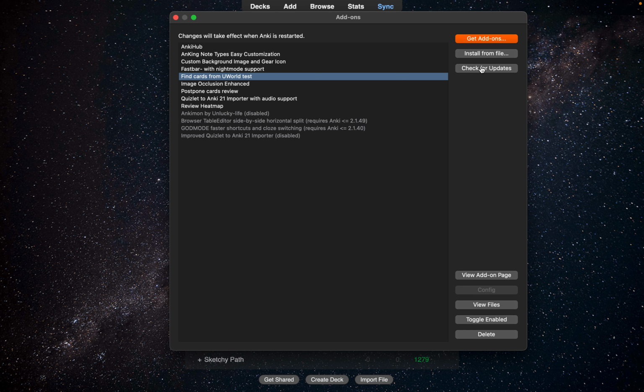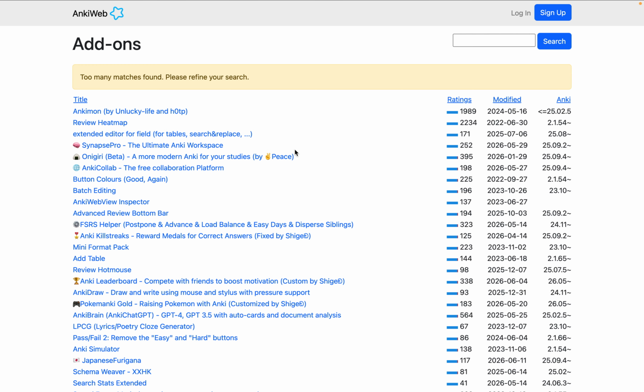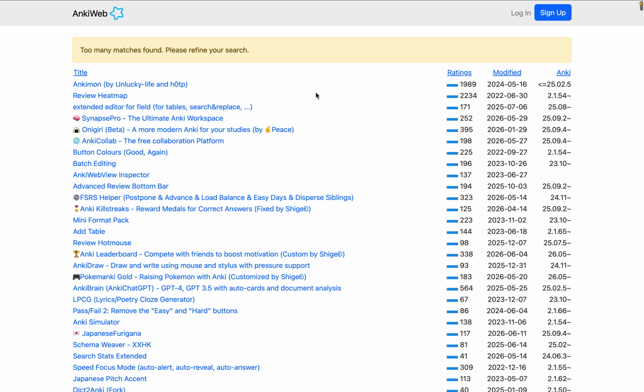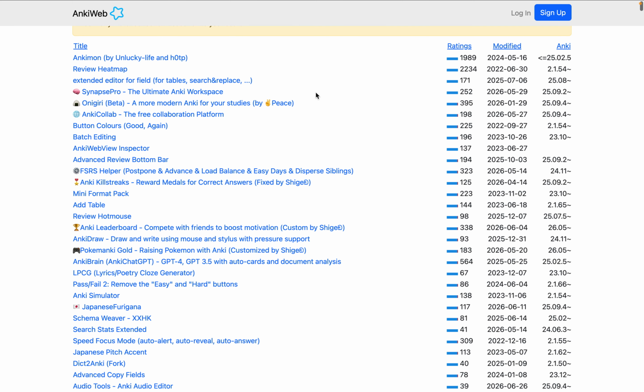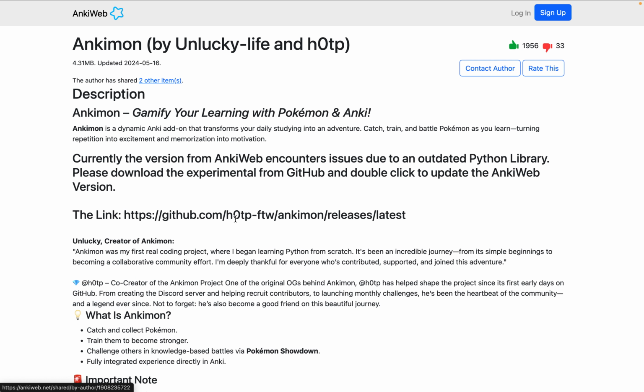But what are add-ons? Like I said, they're just something that makes it more fun. How do you get add-ons? Crazy enough, you hit the button Get Add-ons, Browse Add-ons. It's going to take you to a website, and there are 1,000 different add-ons here from different people. You can see the highest rated ones and the lowest rated ones. So how do you get this? Say you want to play Ankimon. You click it,